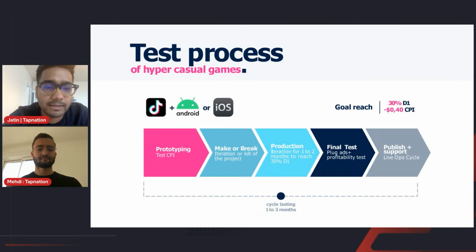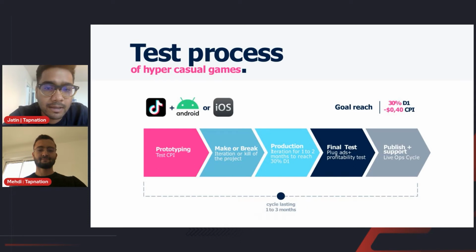Of course, during this 1 to 2 months, there are hundreds of A/B tests we do in this process, which can include testing different camera angles, testing the tournament features, and there are hundreds of features we test to make sure we hit our target, which is retention should be 30% on day one. And of course, our creative team also works on lowering the CPI, which we aim for 40 cents